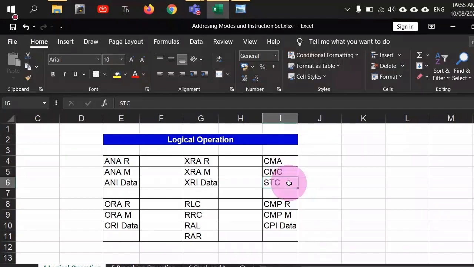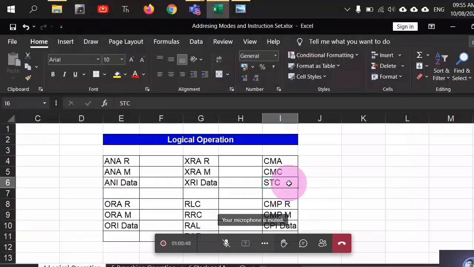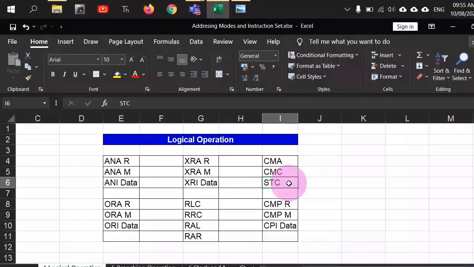These have their own applications and are frequently used. So there is a different command for that, CMC and STC, right? The carry flag sometimes needs to be forcibly set or reset. You will see this when you perform subtraction using the 2's complement method, where for the interpretation of results you might want to use these two commands. So that is the usage of these two commands.